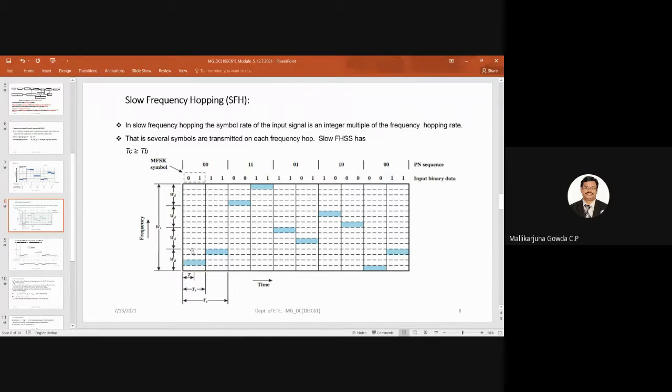So if you consider this axis, I can say this is for symbol 0 0, then 0 1, 1 0, and 1 1. Right? So like that it repeats. Then I can say 0 0 by F0, the modulated frequency, then 0 1 by F1, then 1 0 by F2, then 1 1 by F3. Along with that, the hopping frequency. Since I am using here only the 2-bit PN sequence, I can say it is FC0, FC1, FC2, and FC3. So that is my hopping frequency, right?